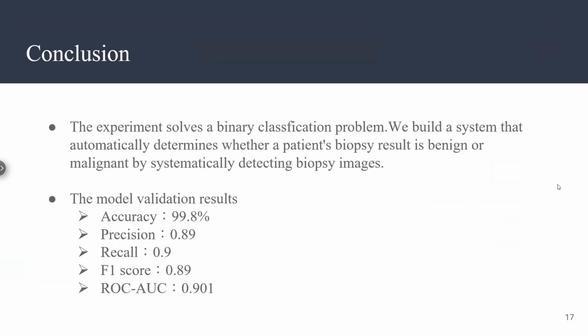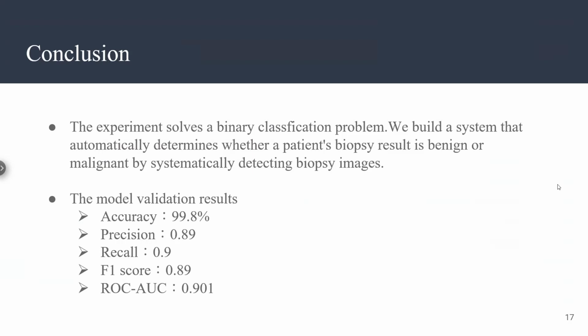And finally, here's our conclusion. The experiment solves a binary classification problem. We built a system that automatically determines whether a patient's biopsy result is benign or malignant by systematically detecting biopsy images. And the model validation results: